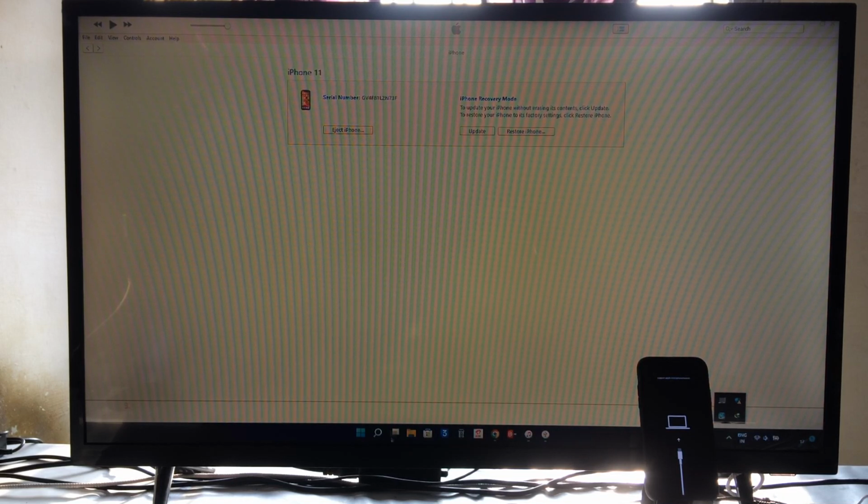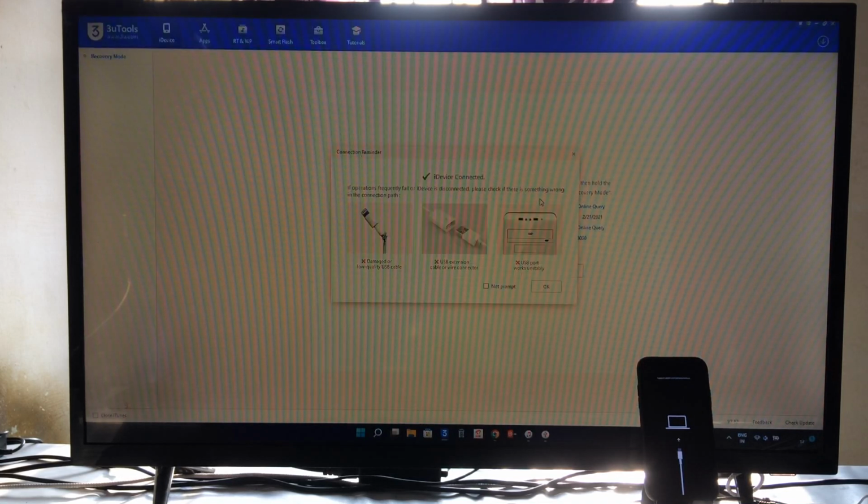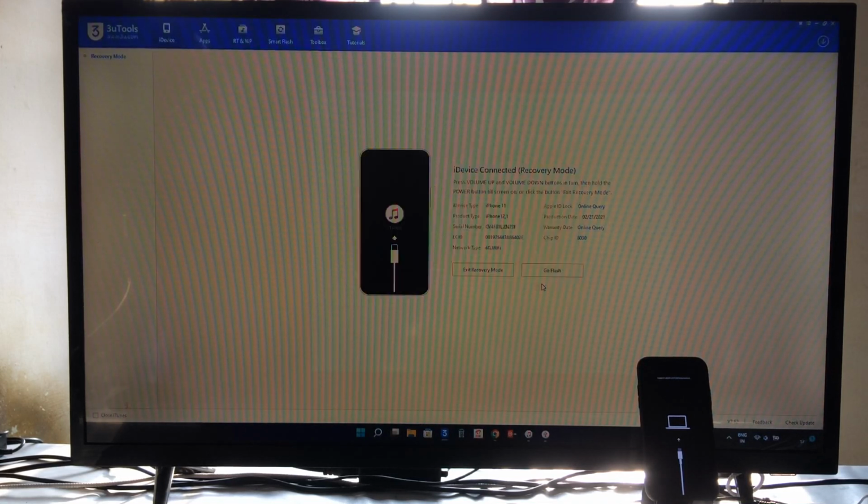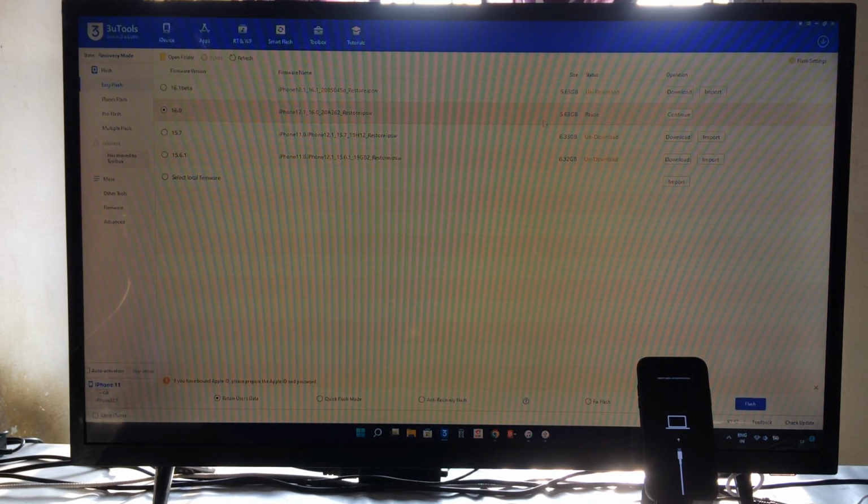And thereupon once again I will open this 3U tool and I will do okay. Here I will go to flash, and of course now see here once again I will come on the download options and I will cut it, this one.